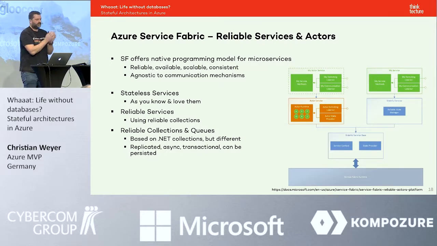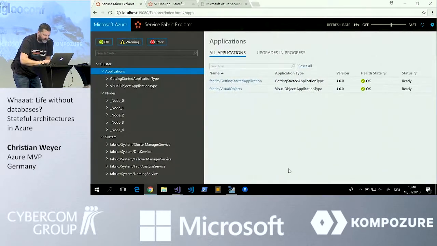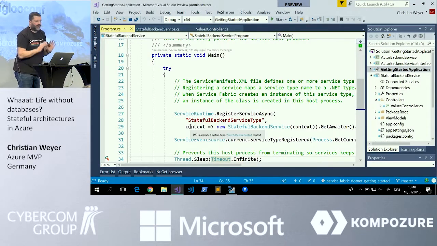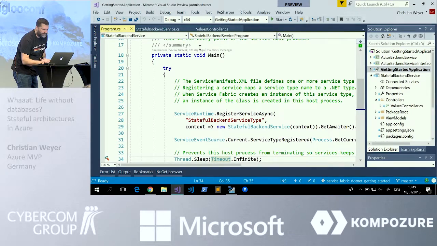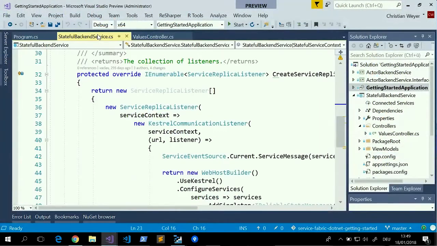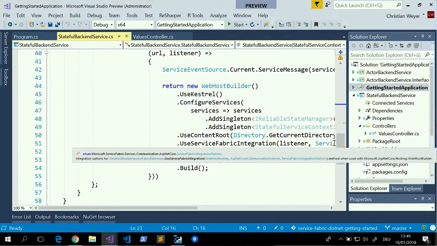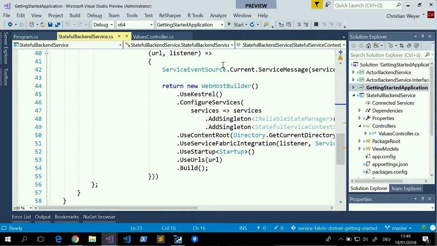So if we have a look at some code, here we have a very simple Hello World-ish stateful service. That stateful service needs to be bootstrapped. So here, based on .NET Core and the dependency injection and web host builder.